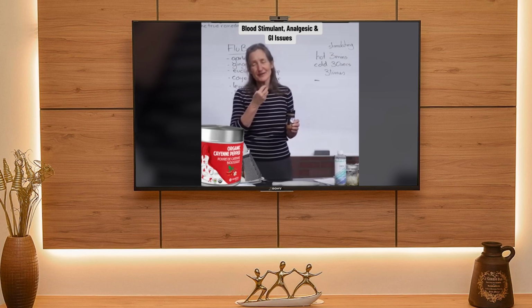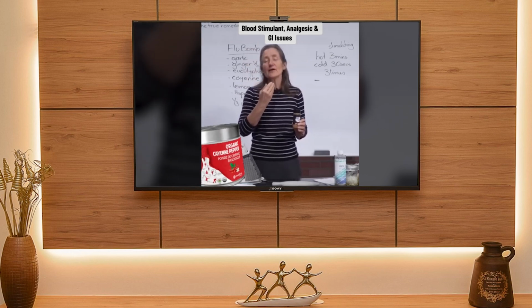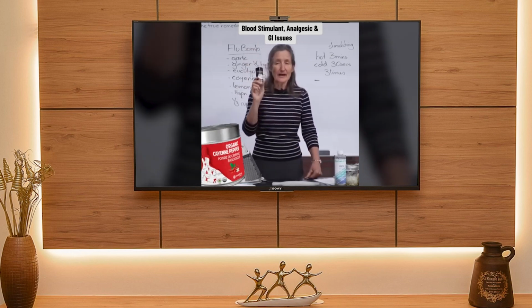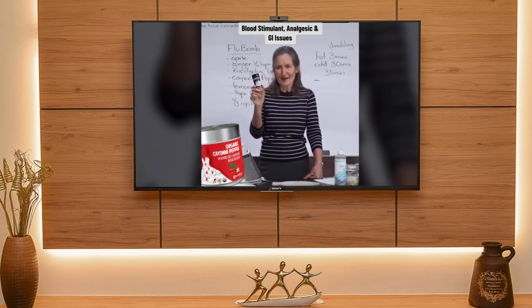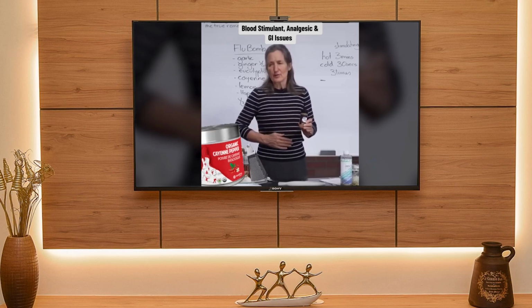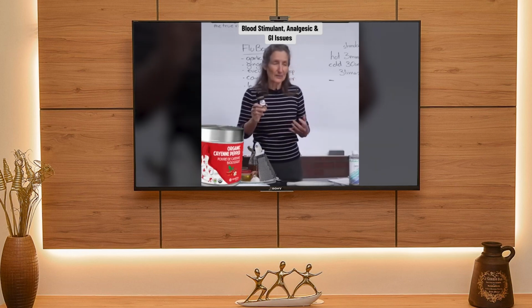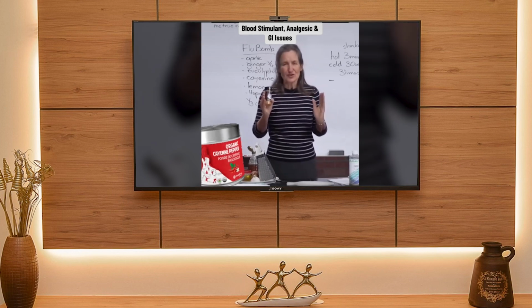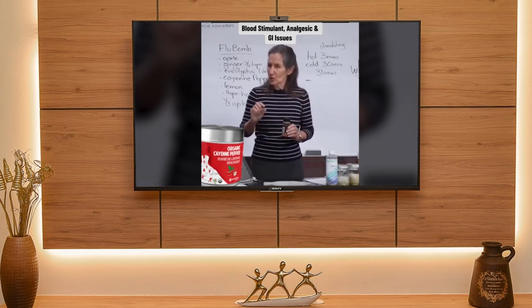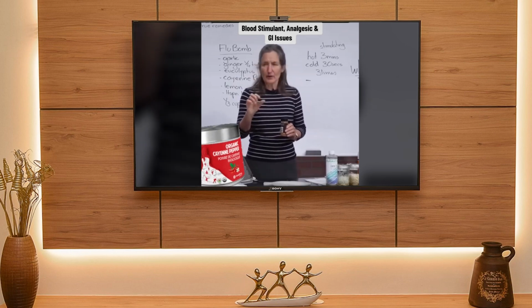It might tingle at first, but when that tingling settles down, you'll find relief, because cayenne pepper also has an analgesic effect. It's a natural painkiller. Cayenne pepper can be used for an upset stomach. When it gets into the blood, it thins the blood, it opens the capillaries, it strengthens the arterial wall. About 1/4 teaspoon in a little cup of water, or maybe 1/3 of a cup of water just before the